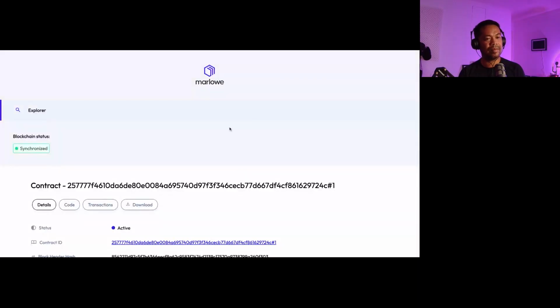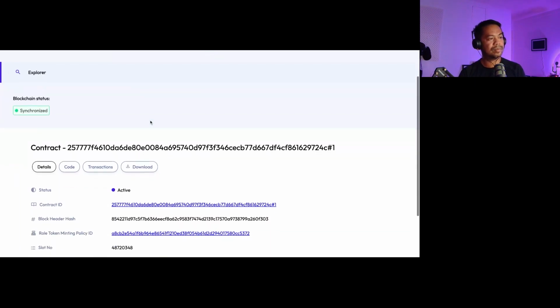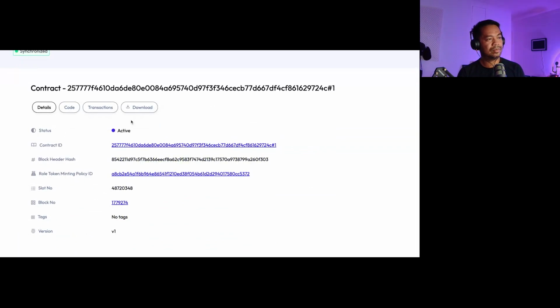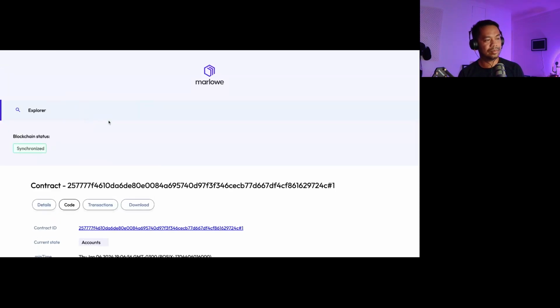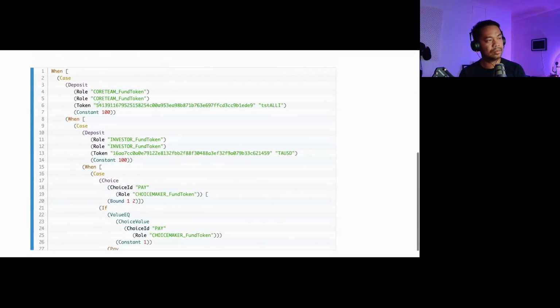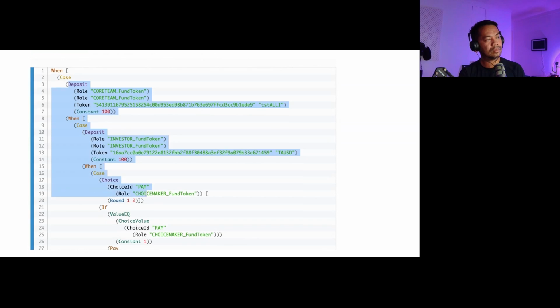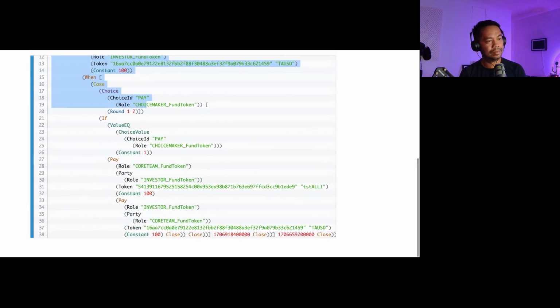What I just did is I clicked on the link that is provided to the investor of the smart contract, and it opens this nice Marlowe scan screen. And here you have an explorer that will allow you to see all the smart contract and the code of the smart contract, what it is right now, what other transactions have been made. As you can see, it is code, right? But it's not hard